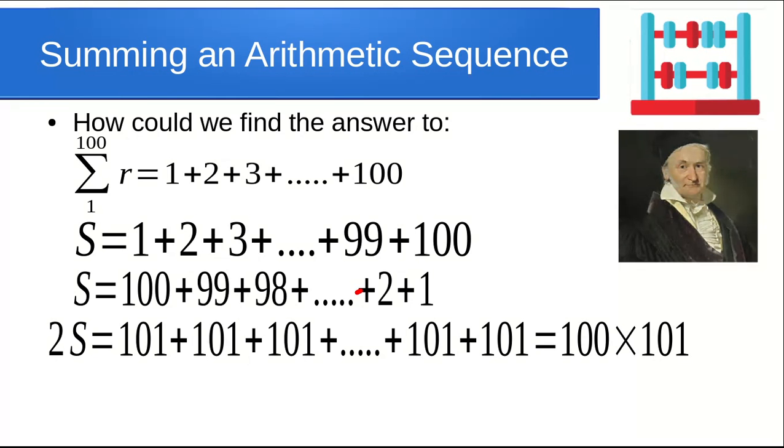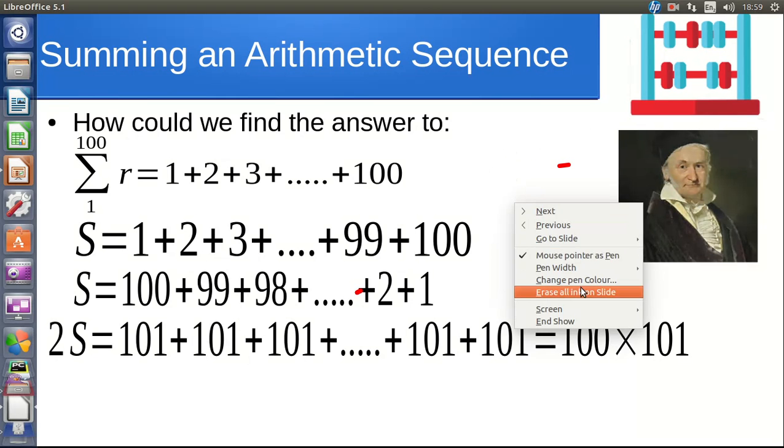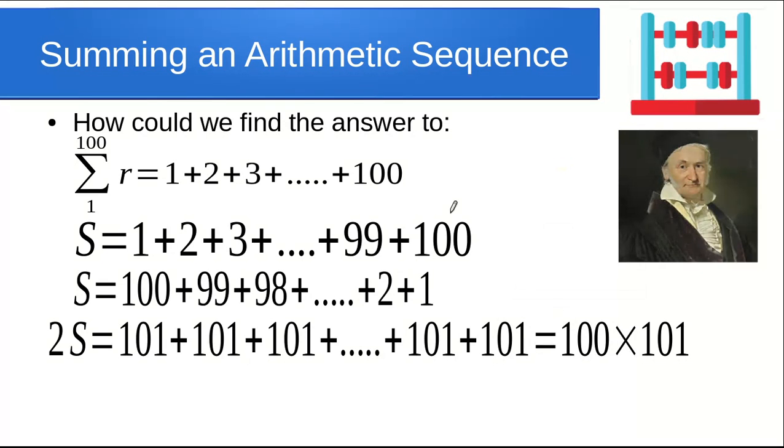Now I want you to remember the technique I'm using here, because it is really useful for the general proof of an arithmetic sequence. I always show students this first because I think they understand the general proof better. Now this will work for any arithmetic sequence. This is an arithmetic sequence because the difference is constant, it's always 1. If we write down the sequence backwards underneath, you will see that we've got 100, 99, 98